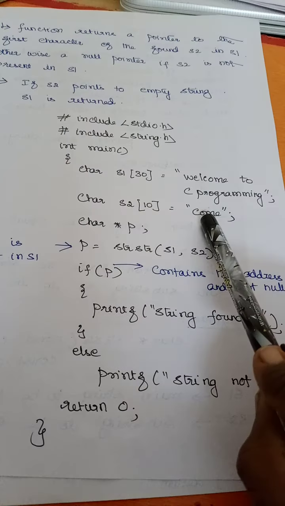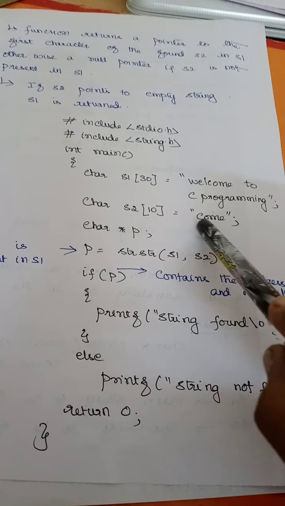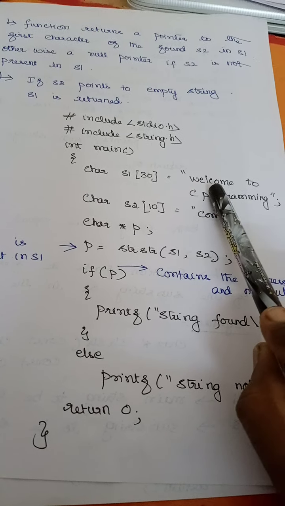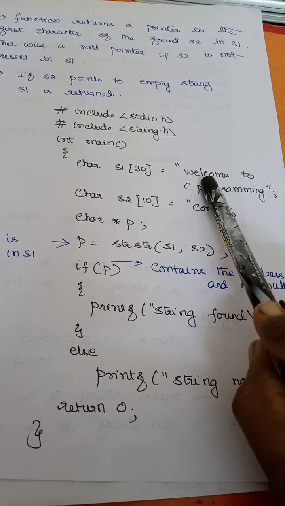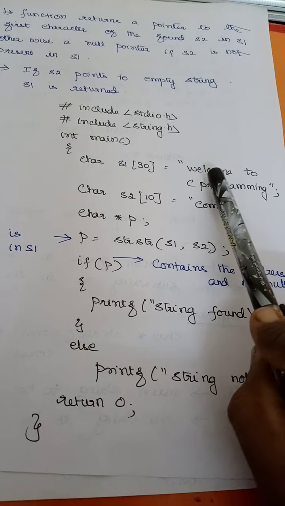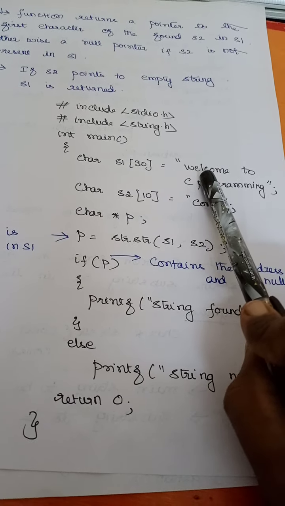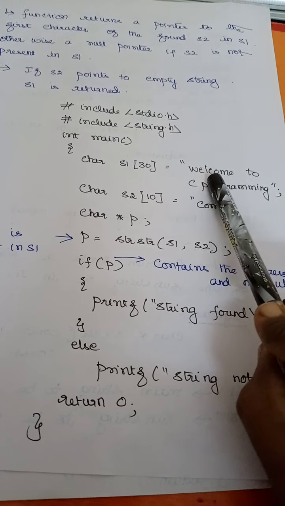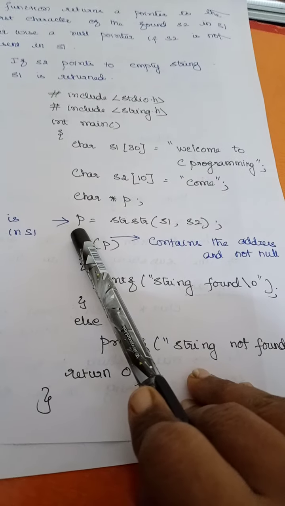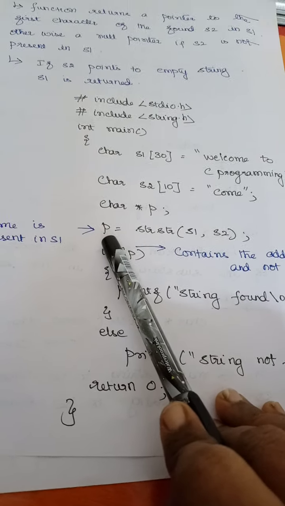So here I am checking strstr. s2 is "come". So I am checking whether "come" is present in this particular string. Yes, "come" is present in "welcome", right? And this is going to return you the address where this particular C is present. Once this substring is matched, it returns you the location where "come" begins. 0, 1, 2, 3. So at this particular address, "come" begins, right? So it returns you the pointer value. I'll tell you what a pointer value is when we move on to the topic of pointers. Till now it is going to return you the address, right?